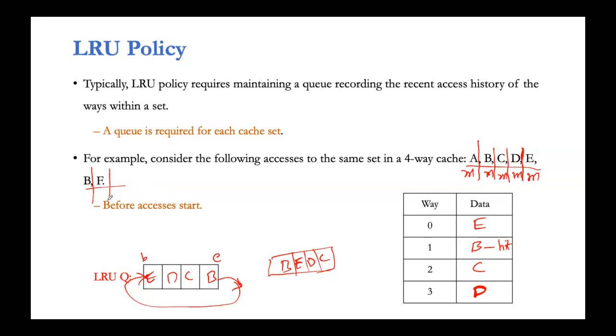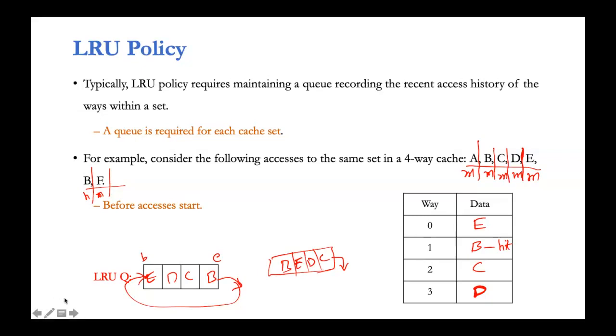Once that operation completes, it goes and accesses the next cache line F. So F is not there in the cache. Your F is missing. When F is missing, then the least recently used cache line, that is C, is evicted from